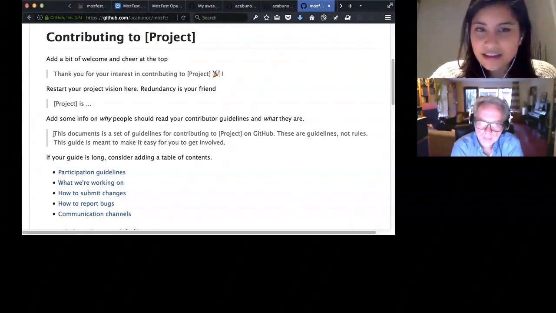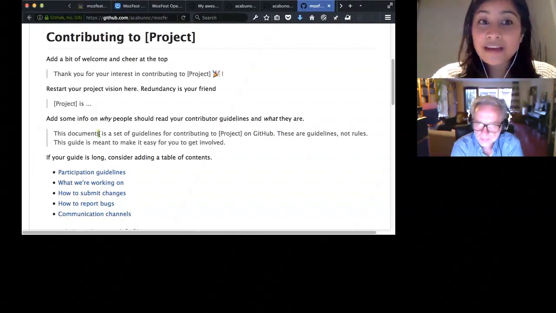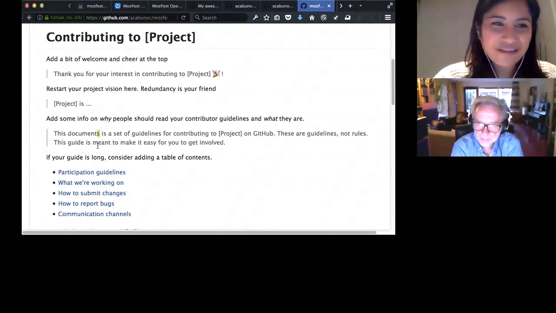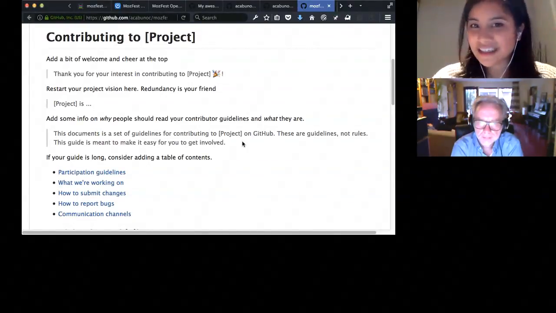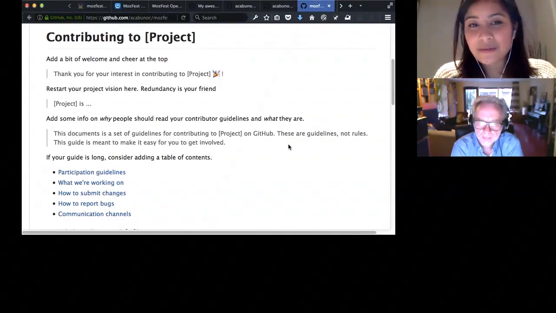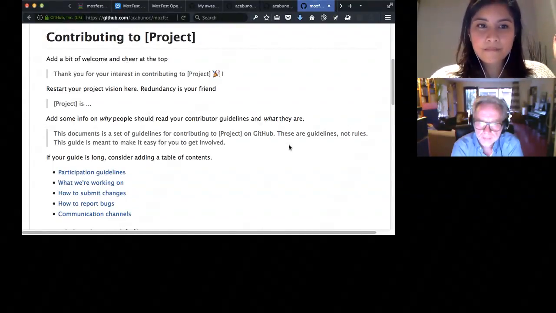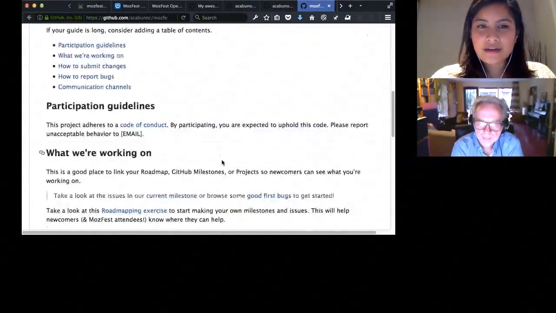So in the template I say, this document, oh, that's a typo. Someone can fix that. That would be a good first bug. This document is a set of guidelines for contributing to this project on GitHub. These are guidelines, not rules, and this guide is meant to make it easy for you to contribute or to get involved. And we have things like participation guidelines, what we're working on,